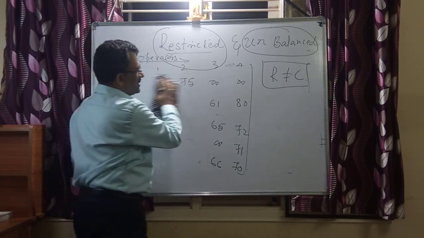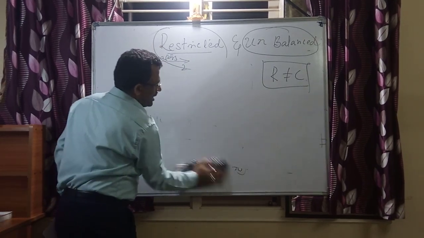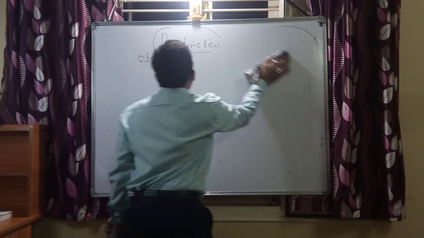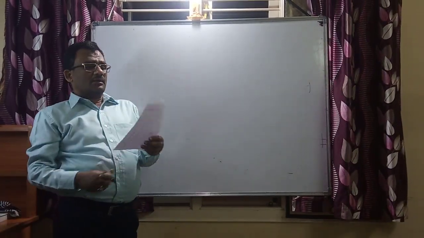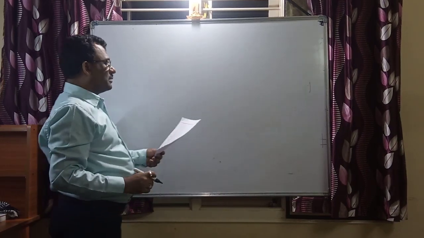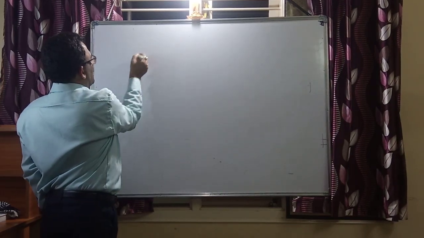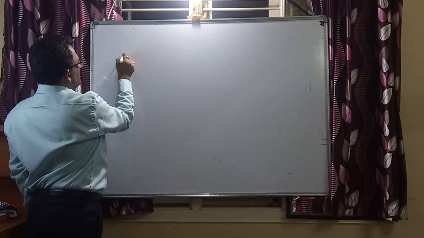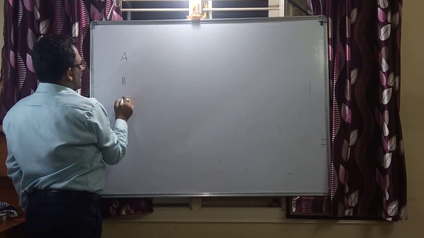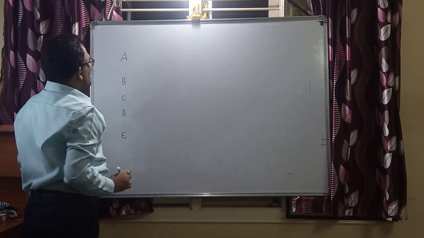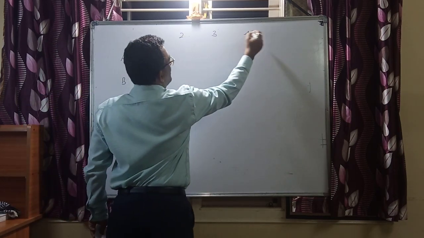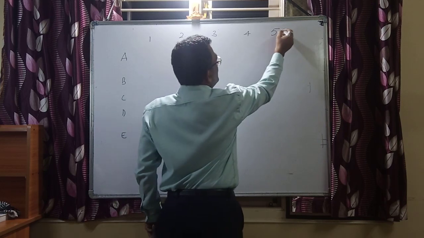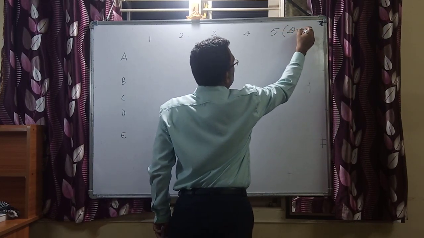It all depends on the case. To make the matrix a square matrix, or to make the number of rows and number of columns equal, I can go for adding a dummy row or a dummy column. We call it a hypothetical row and hypothetical column. Now if a hypothetical column is added, your matrix is going to be like this. I have job A, job C, job D and job E. Now this is operator 1, operator 2, operator 3, operator 4, and this is 5. Now this 5 is dummy.